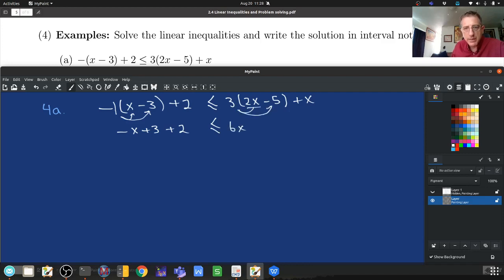And then 3 times minus 5 is minus 15 plus x. So now let's collect like terms on each side. So minus x. 3 plus 2 is plus 5. And collecting like terms here,